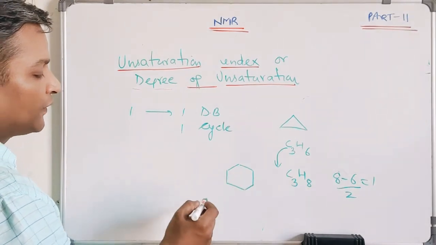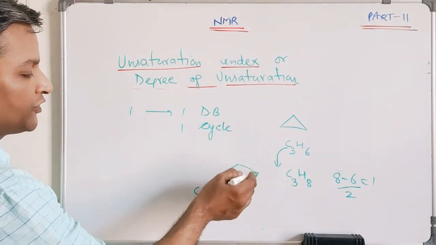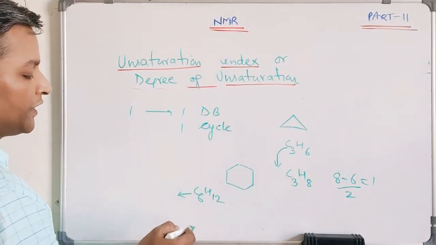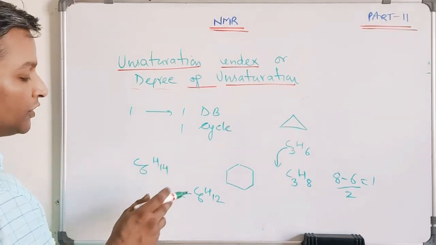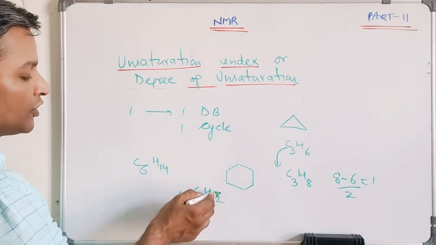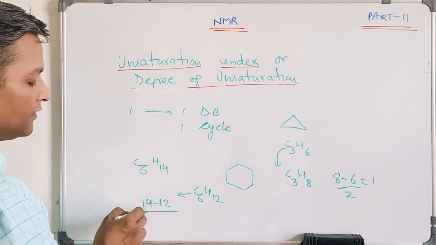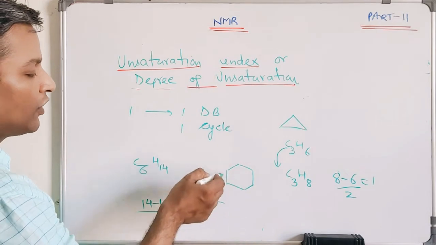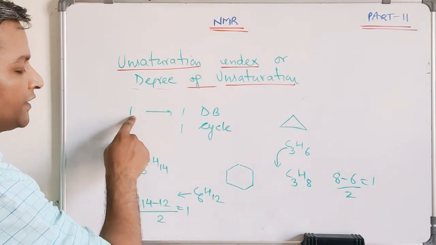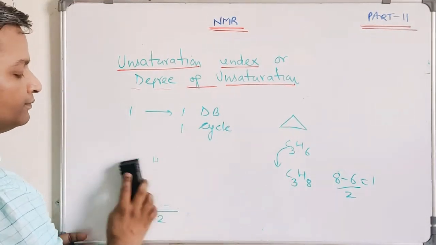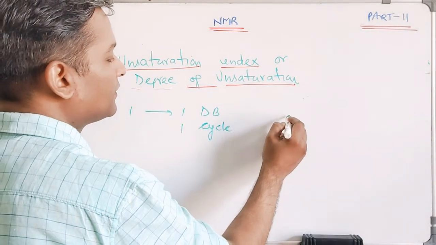Every cycle will show you an unsaturation index equal to 1. In the case of cyclohexane, C6H12 is the molecular formula. So what is the unsaturation index of this formula? The corresponding alkane for C6 will have 14 protons. There is no oxygen, no nitrogen, no halogen. So 14 minus 12 divided by 2 is equal to 1. So this is how I'm saying every cycle will have an unsaturation index equal to 1. So one unsaturation index is equal to one cycle, one cyclic compound. And I must also explain this with one double bond. Suppose I have ethene.